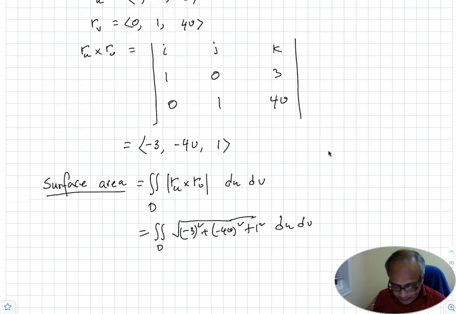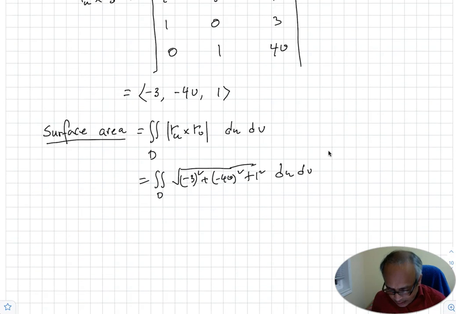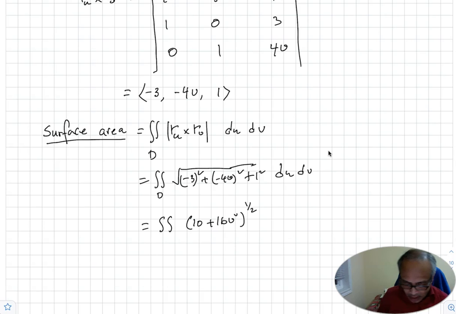Okay, that's something we can rewrite: 9 plus 16v squared plus 1. So 10 plus 16v squared to the power half. Now let's just try to find the limit of